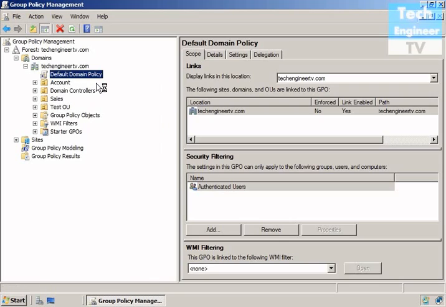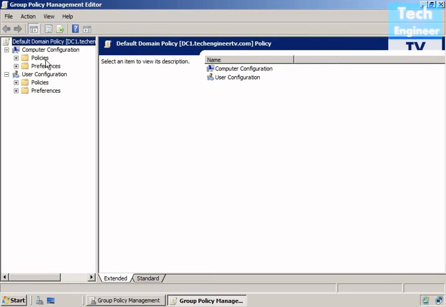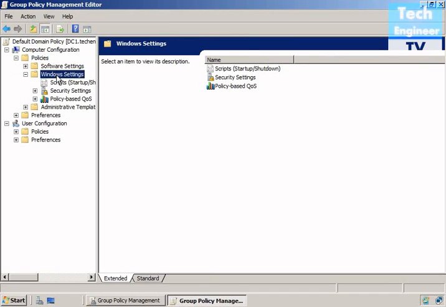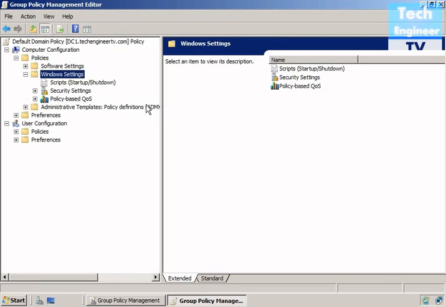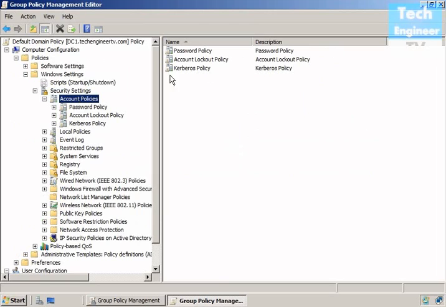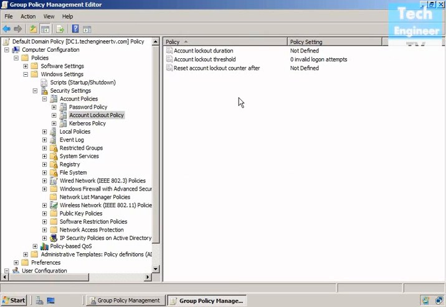I just opened the default domain policy, which is the GPO linked to the domain. So I want to implement the policy in the whole domain. So go to Policies, Windows Settings, Security Settings, and you find the option called Account Policies. Now this is where the password policy was. Now we're going to create an account lockout policy. The password policy is already done. Now the account lockout policy, where we have three options, you can see Account lockout duration, Account lockout threshold, and